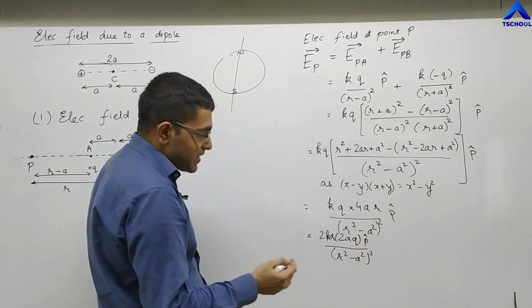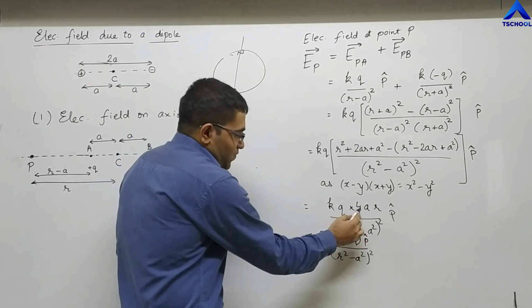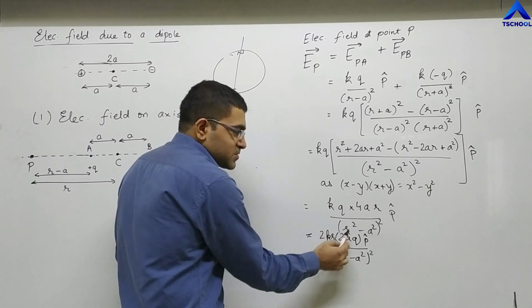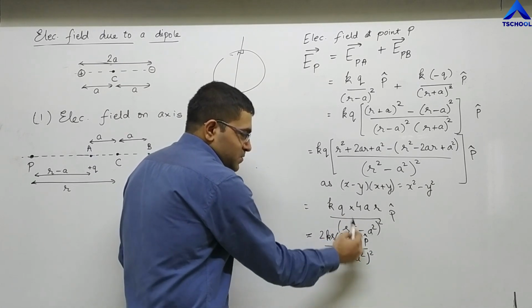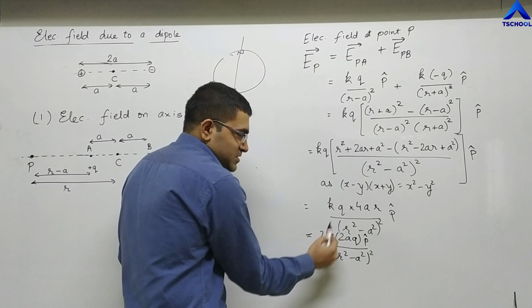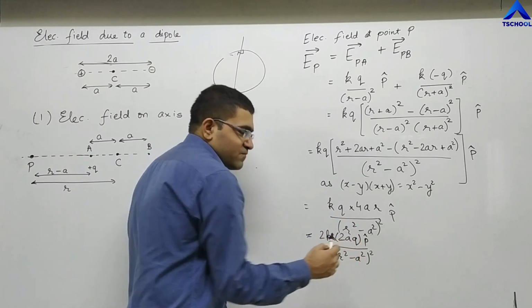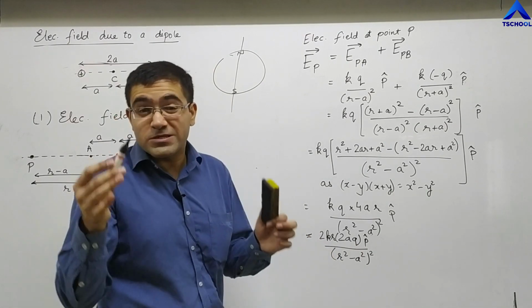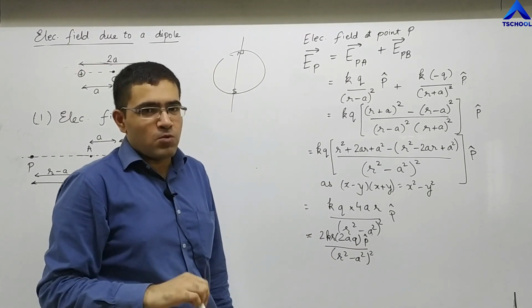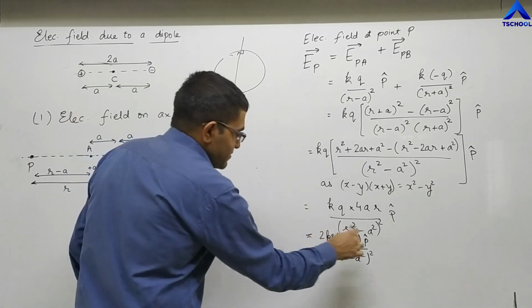Again, let me explain what I've done. 4 is 2 into 2. So I'm writing 2 into A into Q separate, and 2 into 2 obviously is going to be 4 later on. So I'm just writing this in the form of 2AQ because 2AQ is the dipole moment, right? So now once we write it like this,